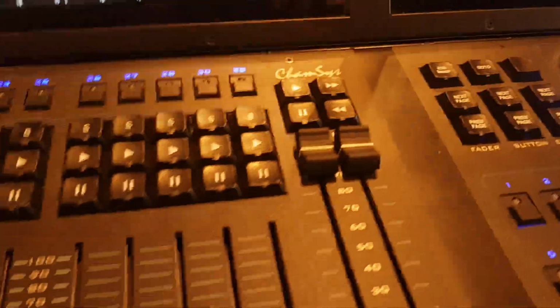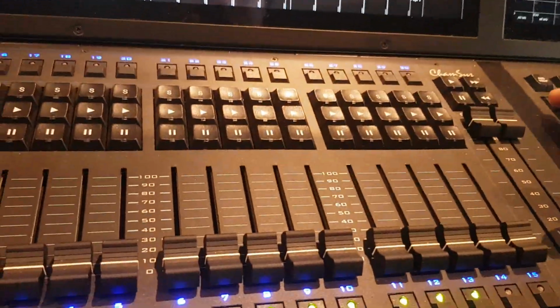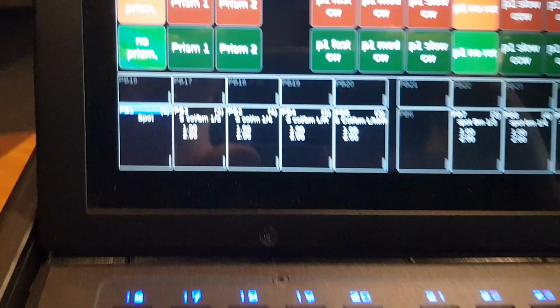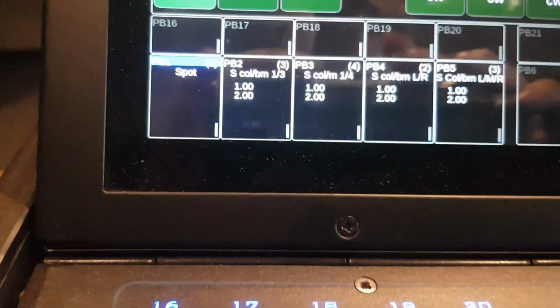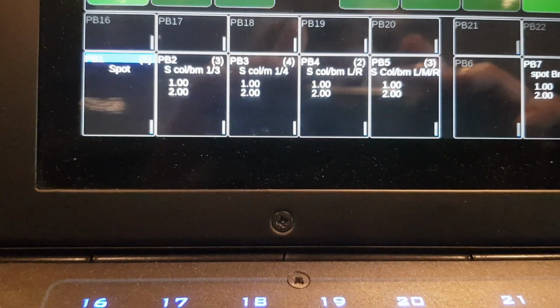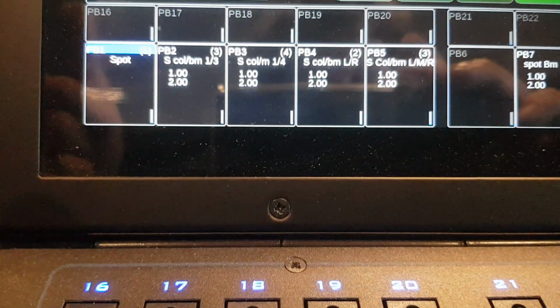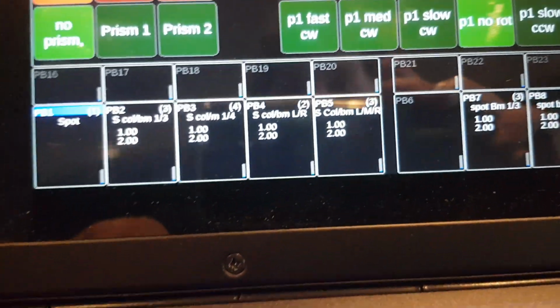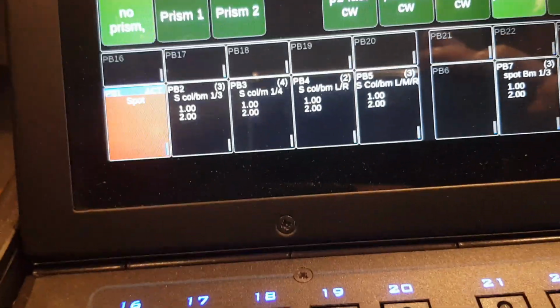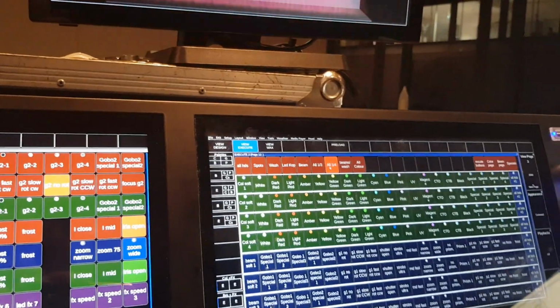So how did I do it? Well, for example, I'll take my spots. The first 4 effects are for spots, color and beam, and then 1/3, so only 1/3 of the show. So for example, these are my spotlights. If I run the effect 1/3,